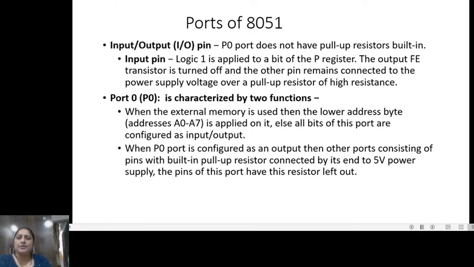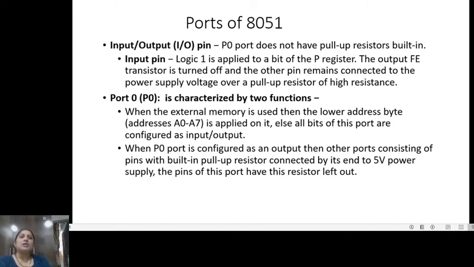The output FET transistor is turned off and the other pin remains connected to the power supply voltage over a pull-up register of high resistance. Port 0 is characterized by two functions. When the external memory is used, then the lower address byte, that is A0 to A7, is applied on it. Else, all the bits of this port are configured as input-output lines.